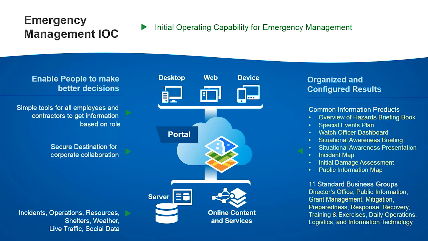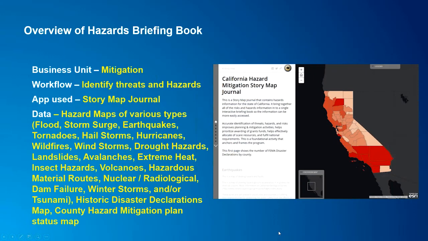And this is what an architecture for enabling your emergency management organization with modern GIS looks like, and the information products that we feel are most important to deploy and implement to get started, and make this as simple as we can for folks to begin to implement the location platform across their organization. And now Jeff is going to actually talk about some of these information products in detail and walk you through what they can be used for and what it takes to put them together.